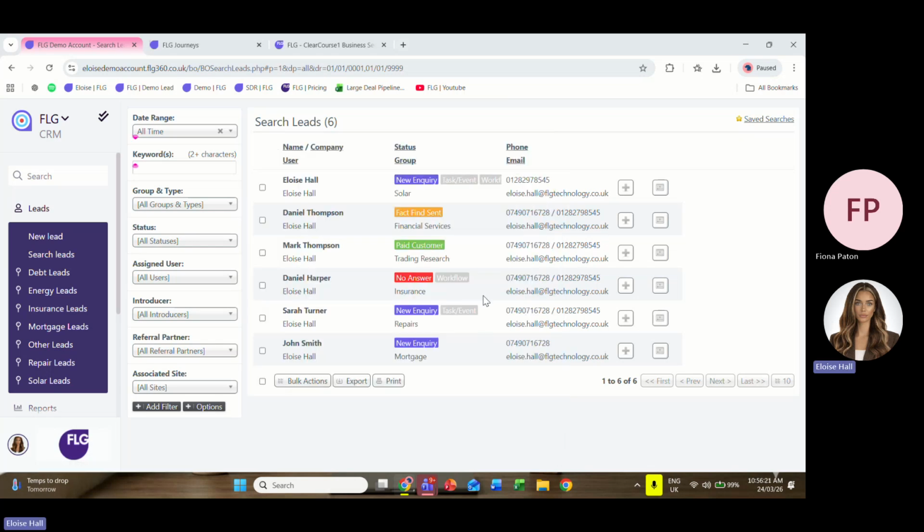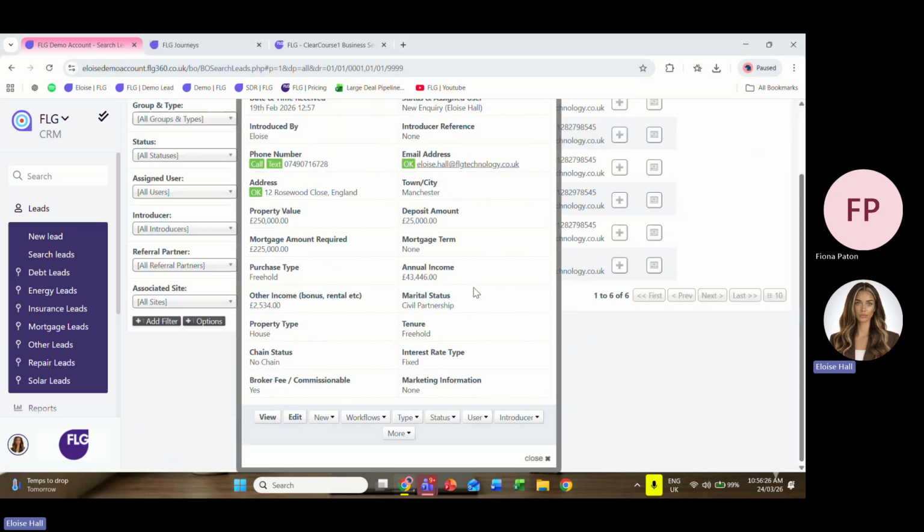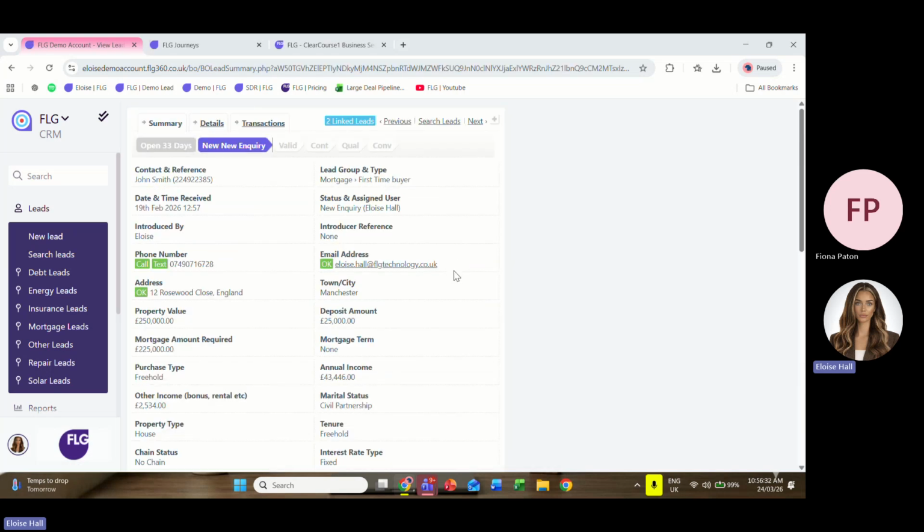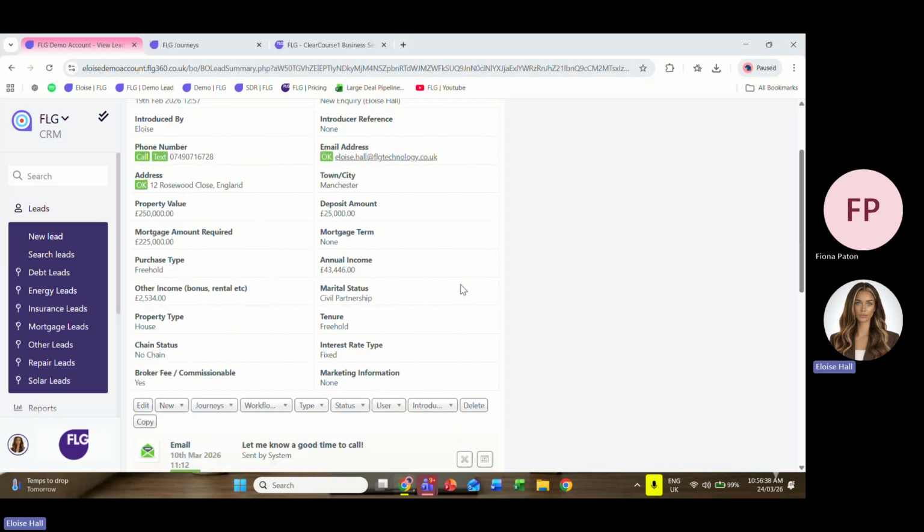Once you're happy with your setup and you want to open up the lead, you do have the option for a quick view where you can quickly have a look at all of the details on there, or alternatively, you can actually open up the lead directly in the platform. So this is essentially going to be your source of truth. So everything that you have on that customer, all of the data that you've acquired throughout the process of contacting them, whether that is through inquiry forms, whether they've filled maybe fact finds out, all of your data will be